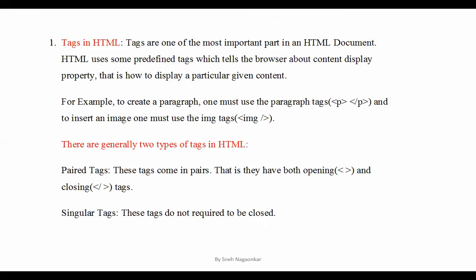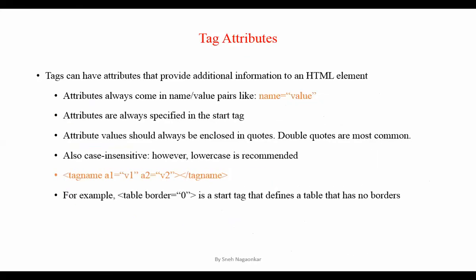Okay, what do you mean by paired tag and singular tag? What do you mean by attribute? Okay, we took an example of what here? I gave you the example of the body tag. So in the PPT here we are taking an example of what? Table. Suppose I want to draw a table, right? So how do you write that? Table tag, using the table tag.